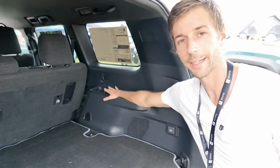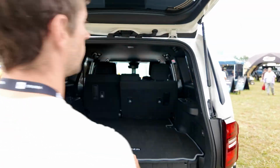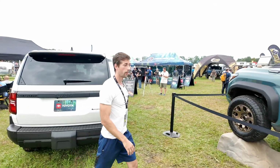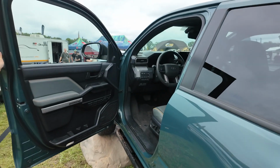It looks like Toyota still retained the cup holder storage even without that 3rd row, but you could place items in there if you need to. And you have 2 grab handles that are up top. So let's work our way to the all-new Toyota 4Runner now, where we have a very nice interior for the